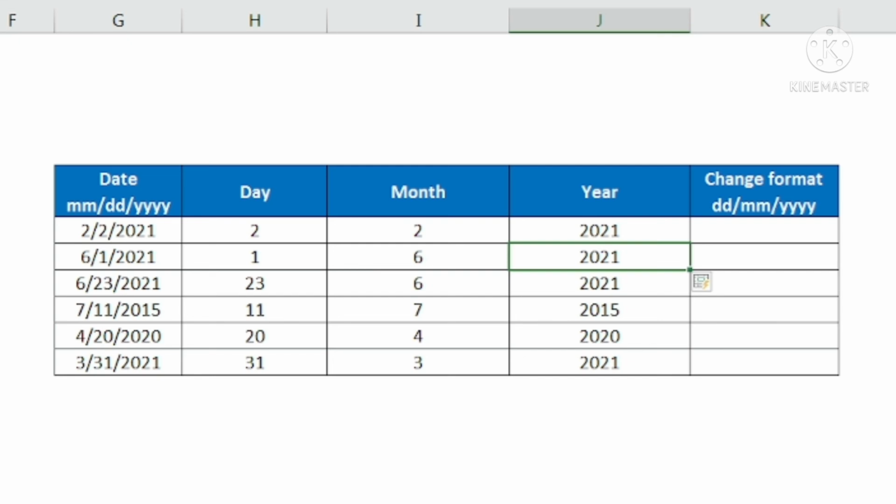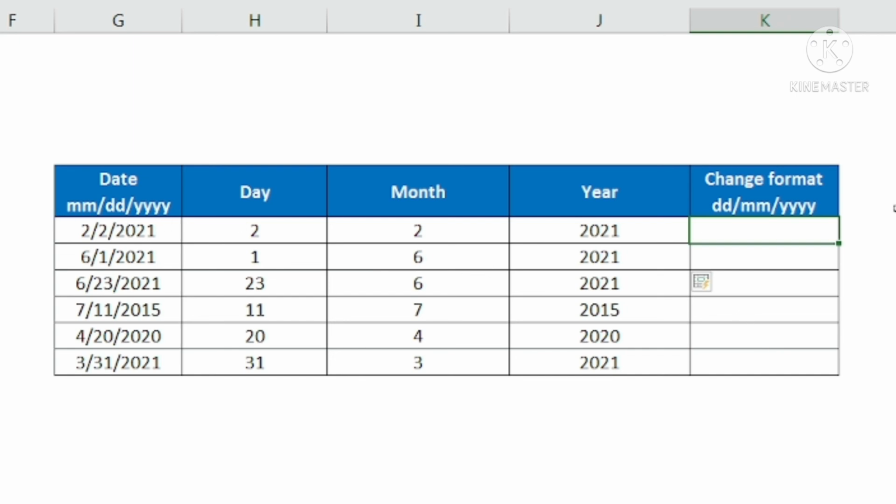Okay, now another useful use of Flash Fill. The date format here was given to us as month, date, and year. We want to put this date as date, month, and year. How to do that with the help of Flash Fill?